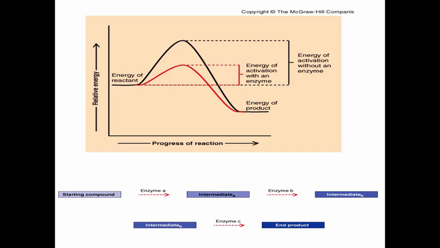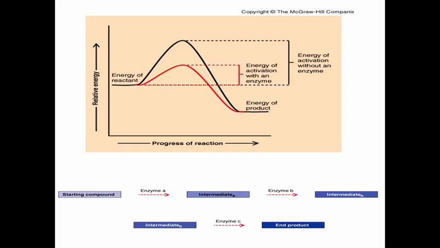There is typically a different enzyme for each and every chemical reaction. So this process of going from starting compound to intermediate A is one chemical reaction. There's one enzyme here. Enzyme A is needed here. There is a different enzyme taking intermediate A to intermediate B. So these typically work in a lock and key fit. It's only on one certain thing.